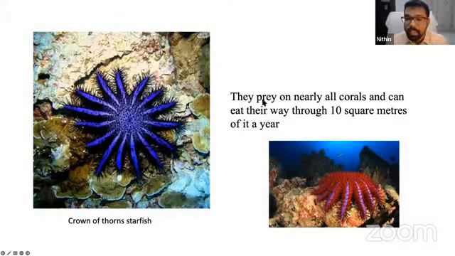Because of that, the population of crown of thorns starfish is also increasing exponentially. And now the Australian government has started plans to slowly either capture or eradicate these starfish, because they do not only eat up the ecosystem of the corals, but inadvertently the other beings that live among the corals are also affected. So that is what I want to talk about, the changes in the Great Barrier Reef or the corals.